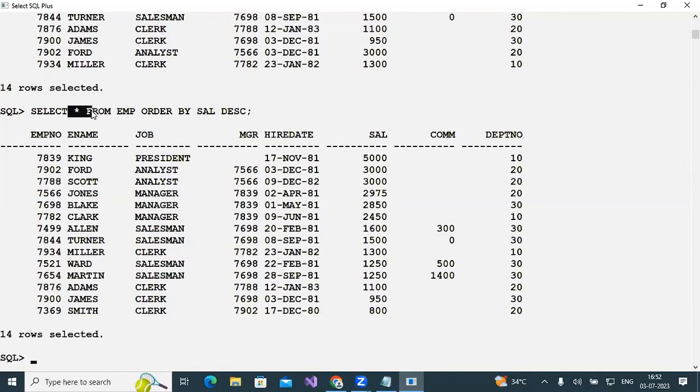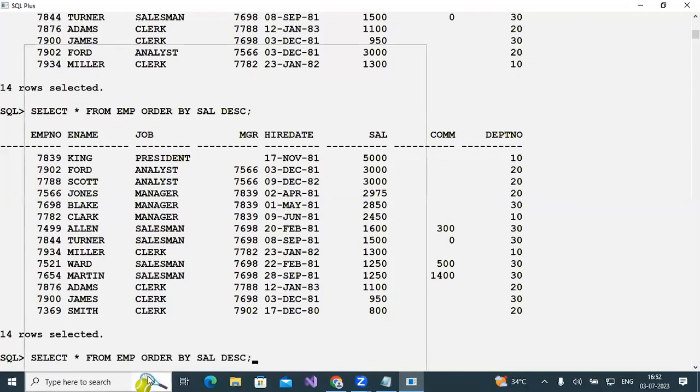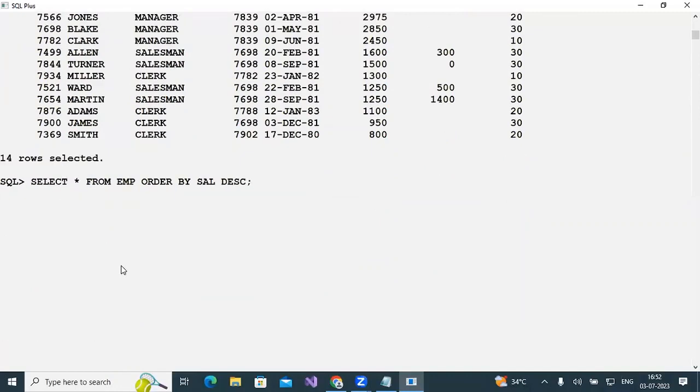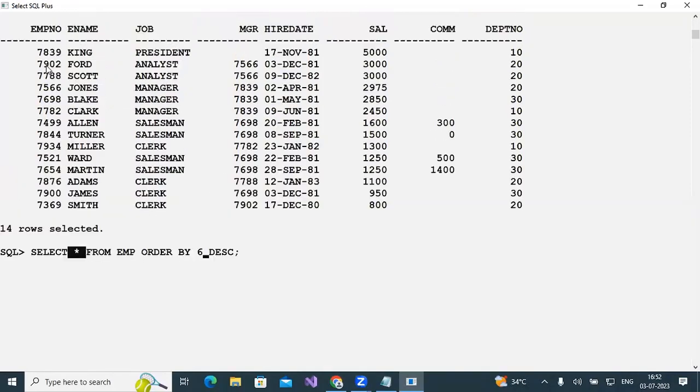I'm selecting all columns, but I'm sorting only one particular column, the salary column. So now, what I'm going to do is, in place of salary, since all columns are selected,